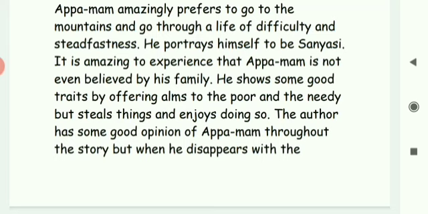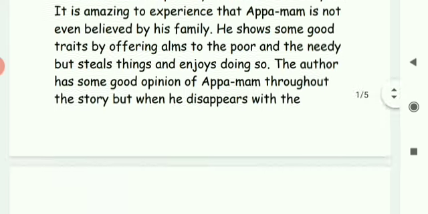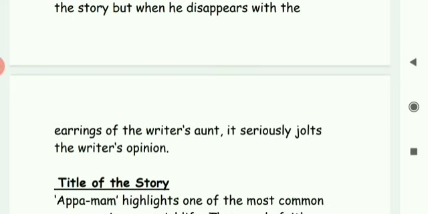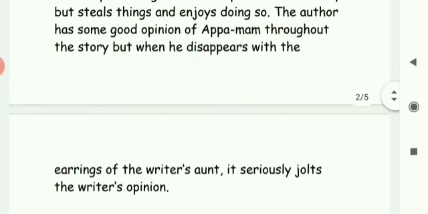The author has a good opinion of Appa-Mam throughout the story, but when he disappears with the earrings of the writer's aunt, it seriously jolts the writer's opinion. Now, the writer basically has a very good opinion about Appa-Mam, but his opinion is totally shattered when he finds that the same person took away the earrings of the writer's